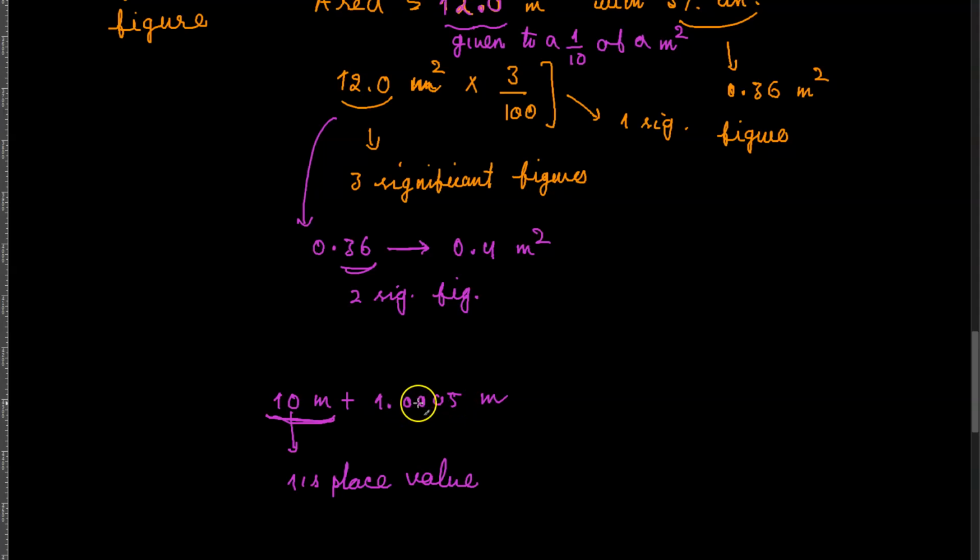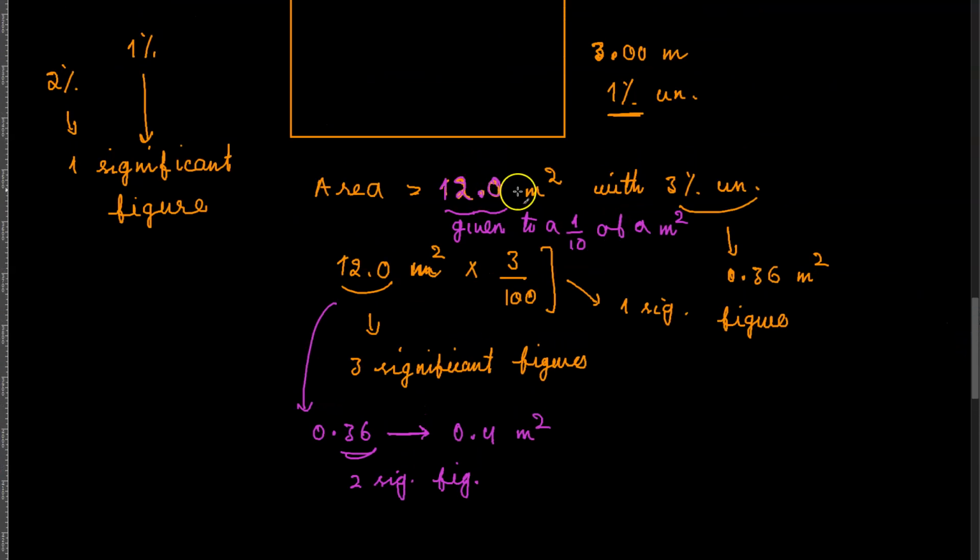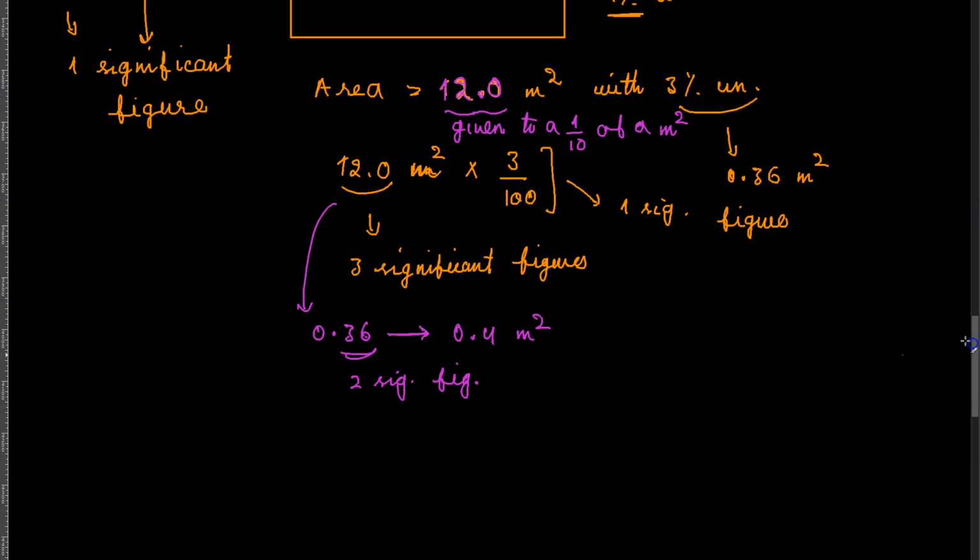and the resolution of the other number is to the 1/10,000th place value, which simply don't go together. What you need to do is that since this number has been given to a 1/10th of a square meter, you have to express this number also to 1/10th of a square meter. Then you can say the area of the floor is equal to 12.0 square meters plus or minus, for example, 0.4, which means